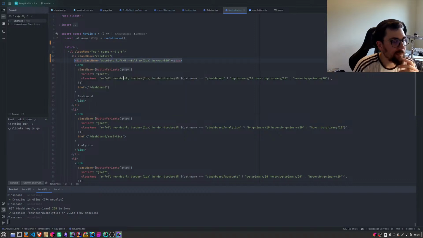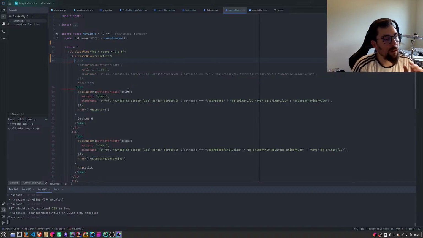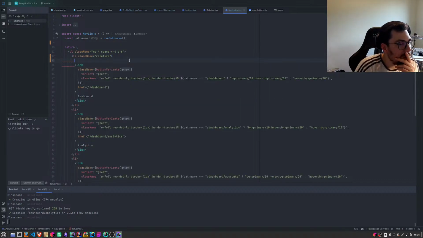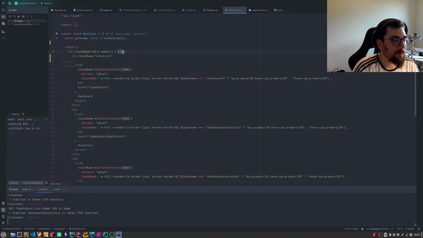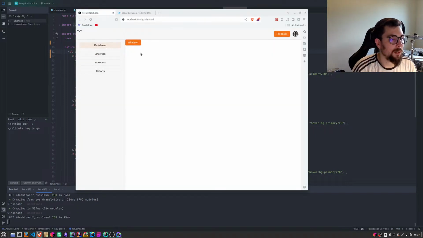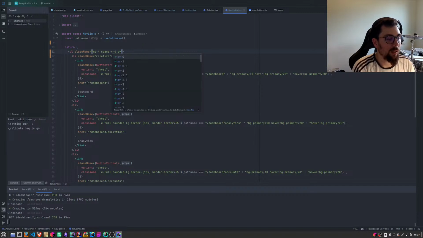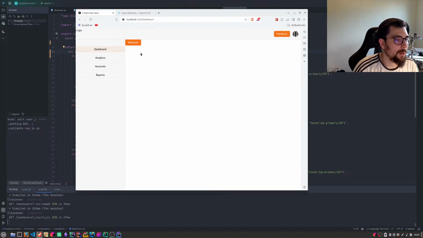So. How would I handle this? We can, I see. Wait. To move the px6, I think that can be, no, not px, py6.